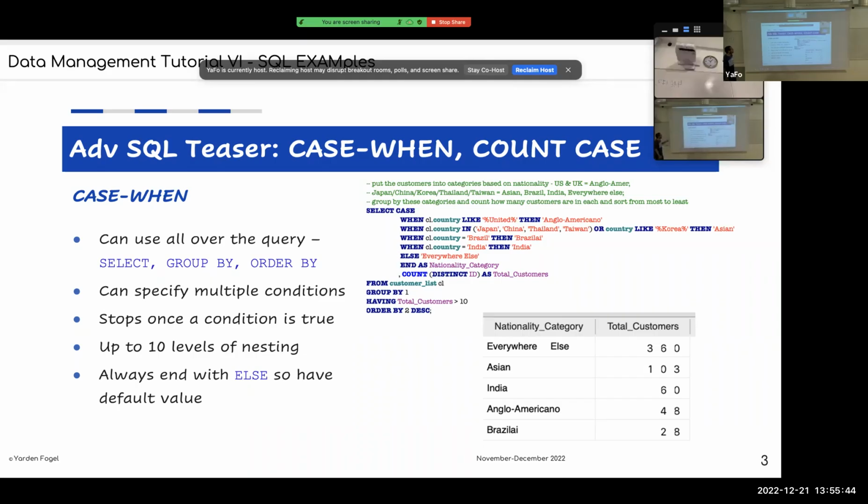I think I might have one on the next slide, where when it's this, then, and you nest it inside that. When it's that, then, and so you can have a lot of layers to it, just like an if-then statement in Python or any kind of logic. You can do up to 10 levels of nesting. Once one of these conditions is true, like if it's united, then that layer will stop. And it's good practice to end them with else, in case none of these hit, then you have a default value to fall back on. So in this example,